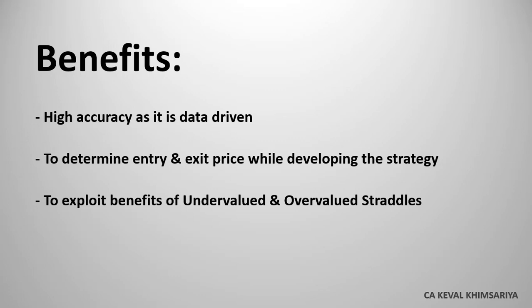So let's say as of now, one day before expiry, same 9:30 a.m. to 10 a.m., the straddle premium is trading at 200 rupees, but IV is at 19 only. So ideally the straddle should be trading at somewhere around 170 or 175. So what you can do is short it and exit when the straddle is properly valued. All this is called quantitative analysis. We are not doing anything out of emotions. So with this strategy, you can create an algorithm or a strategy which is highly accurate. So these are the benefits.